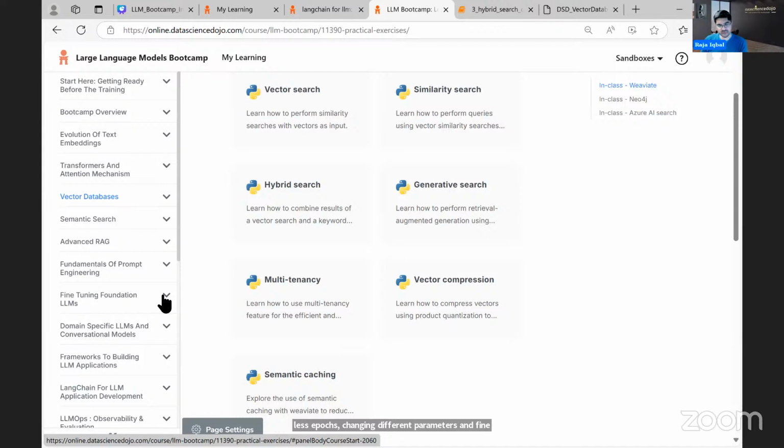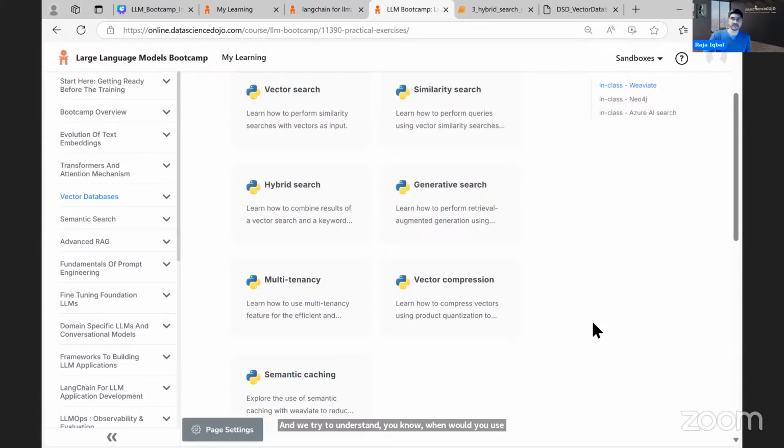And even before we actually do the hands-on exercise, we first talk about what is fine-tuning, what is transfer learning, what is quantization, what is low-rank adaptation, what is QLoRA, which is quantized low-rank adaptation. So we talk about all of these issues. So first we talk about the theory, then we talk about the practical side of it, and we try to understand when would you use fine-tuning, when would you use a RAG-based architecture.